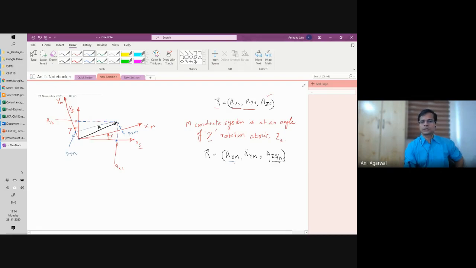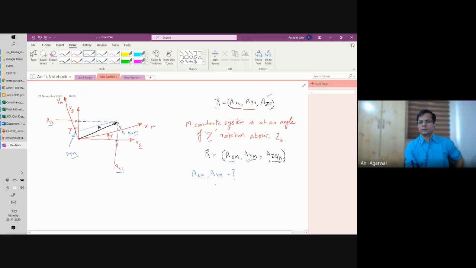AYM, correct? So what I need to do is, if I know the values of AXS and AYS, I need to calculate the values of AXM and AYM. And if, with the knowledge of this angle gamma, I can find out the values of AXM and AYM